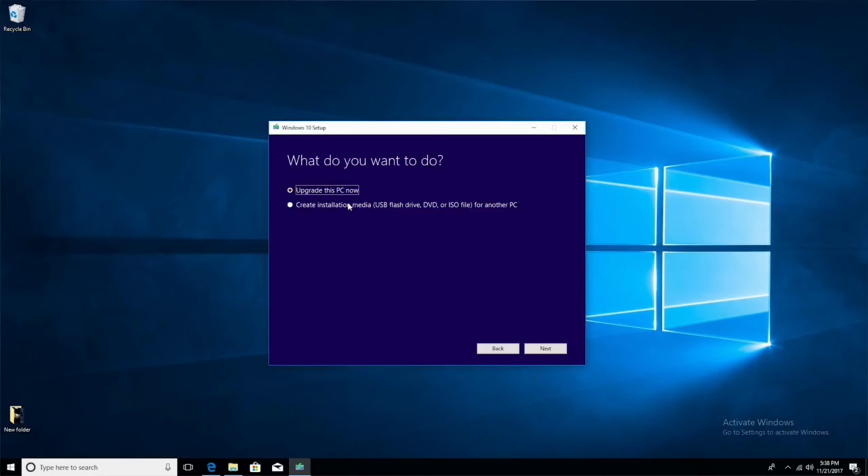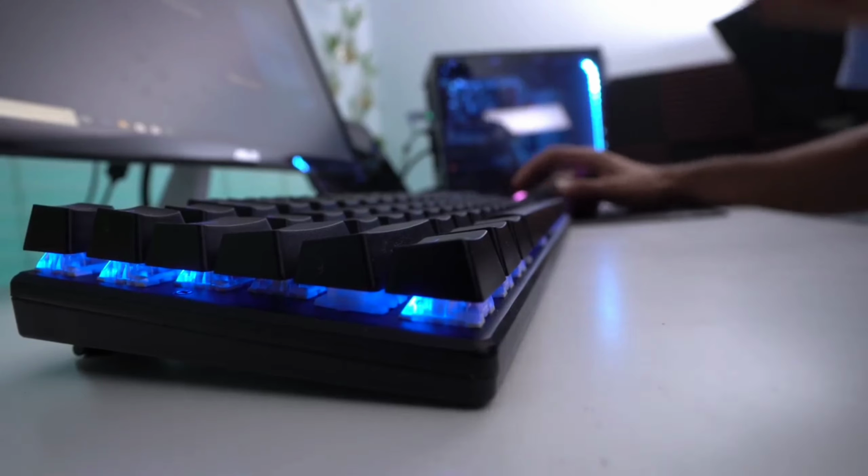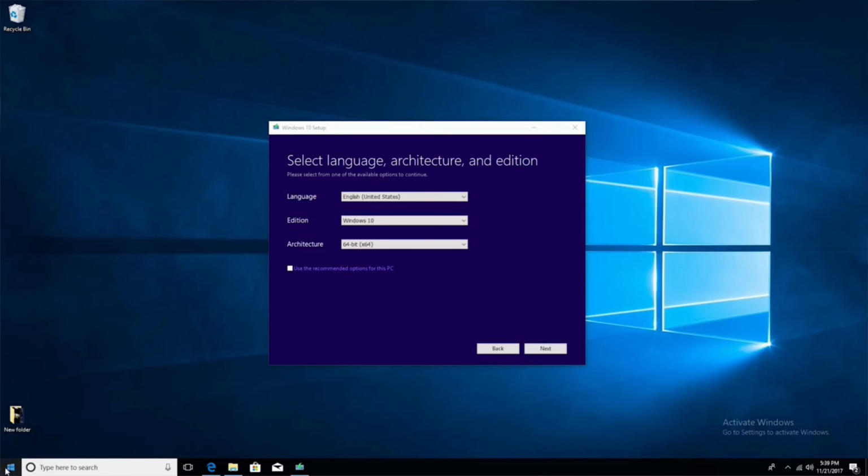I'll create media installation. So the language you want is English, Windows 10, and we do want 64-bit. Most modern systems are 64-bit. If you're upgrading an older desktop or an older laptop, you can uncheck this and select like 32-bit. But most modern systems are 64-bit, such as this PC right here. But if you suspect your system is quite outdated and it may be a 32-bit, you can check by going